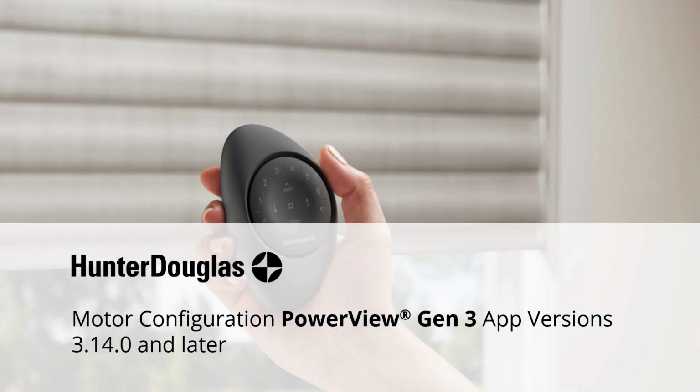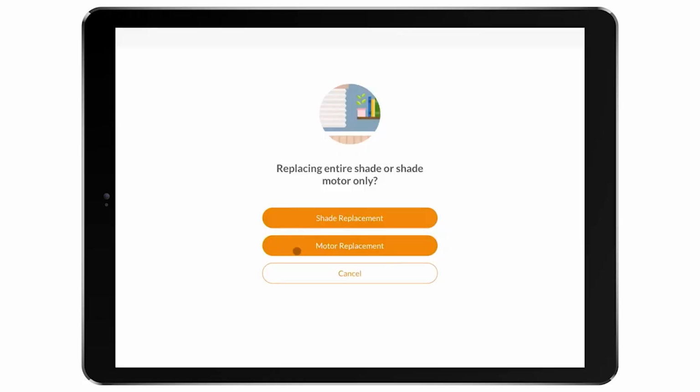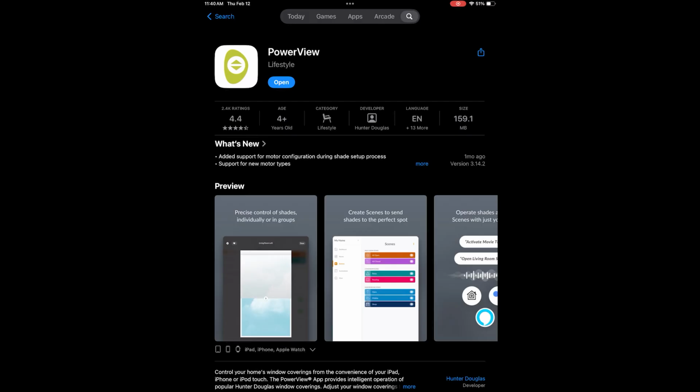Motor configuration is an in-app process designed to program a PowerView Gen 3 motor with required settings to add it to a home. This function was previously referred to as motor replacement or on-site fabrication. But if you're using the PowerView app versions 3.14.0 and later, these two functions have now been combined in a